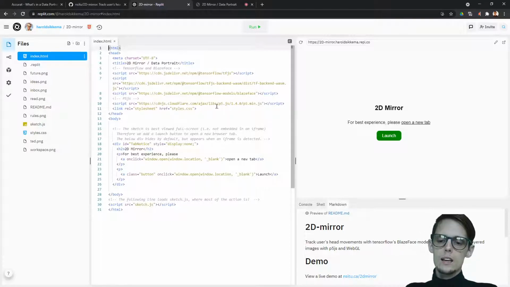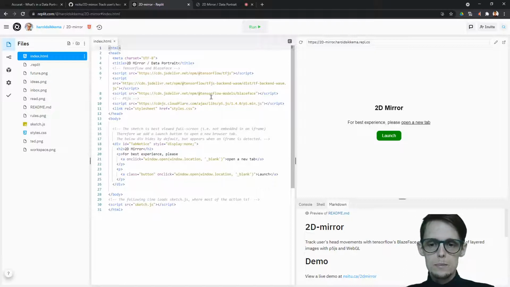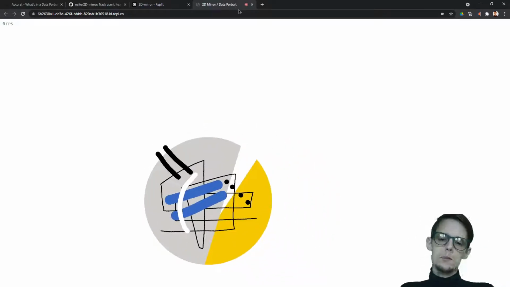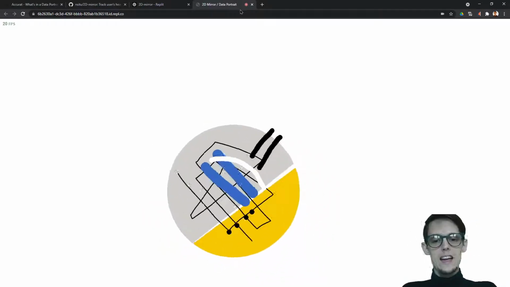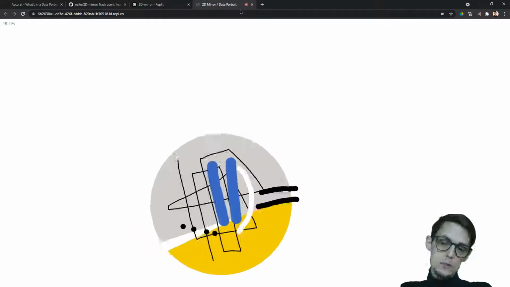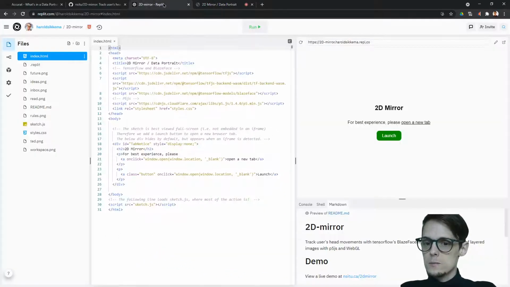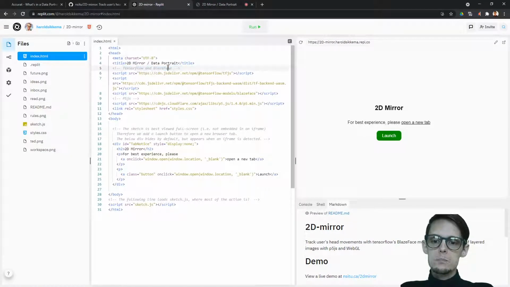In this sketch we use those key points to track where the user is in relation to the webcam, and then build from that a kind of user interface. I'm not doing any clicking here. This is hands-free UI. I'm using only my head to control this sketch, which is kind of nice. That's only possible because TensorFlow and BlazeFace are doing this analysis in the background of that video feed,